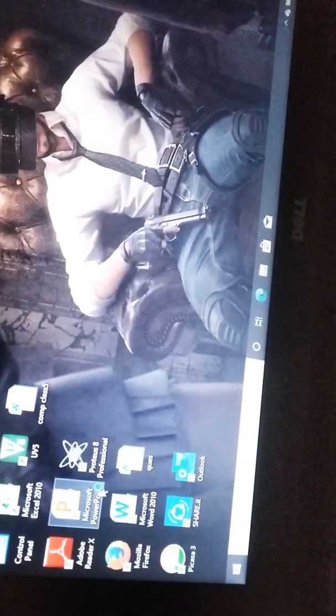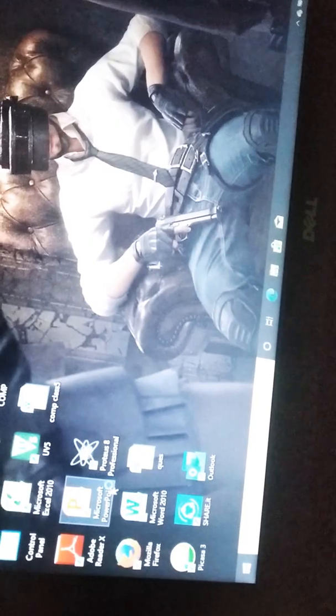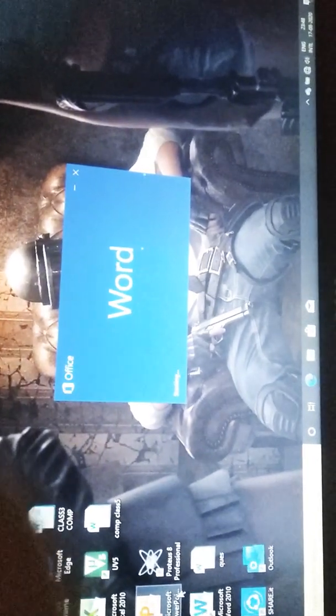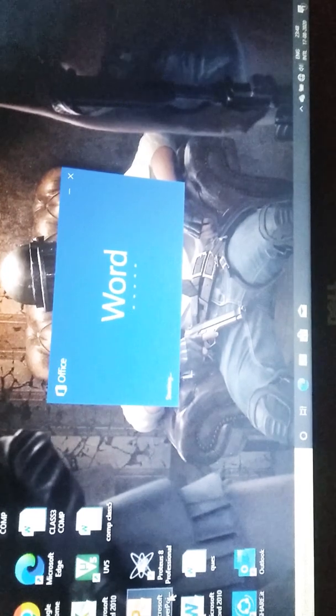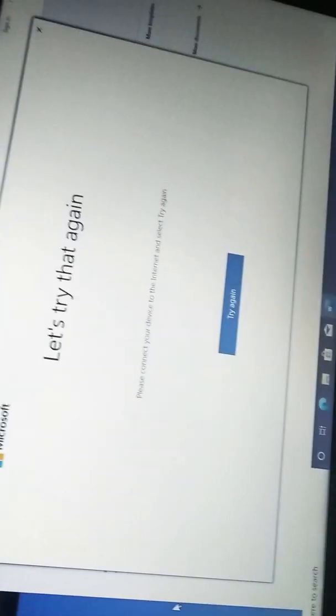From here, when you click Microsoft Word, Word will open. See, the Word is opening. Okay, you can see on the screen that Microsoft Word is going to open.